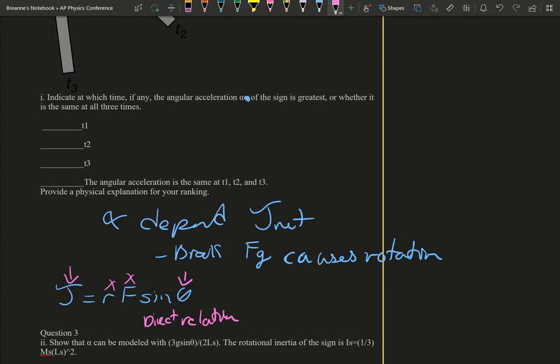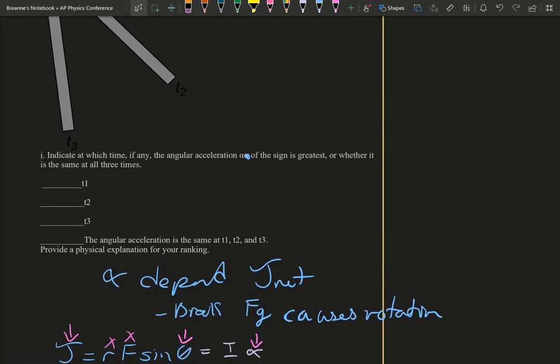And because that also equals I alpha, if your torque decreases, your alpha is also going to decrease, again, due to the direct relationship happening there. So, kind of putting that into terms, so it's asking us to,